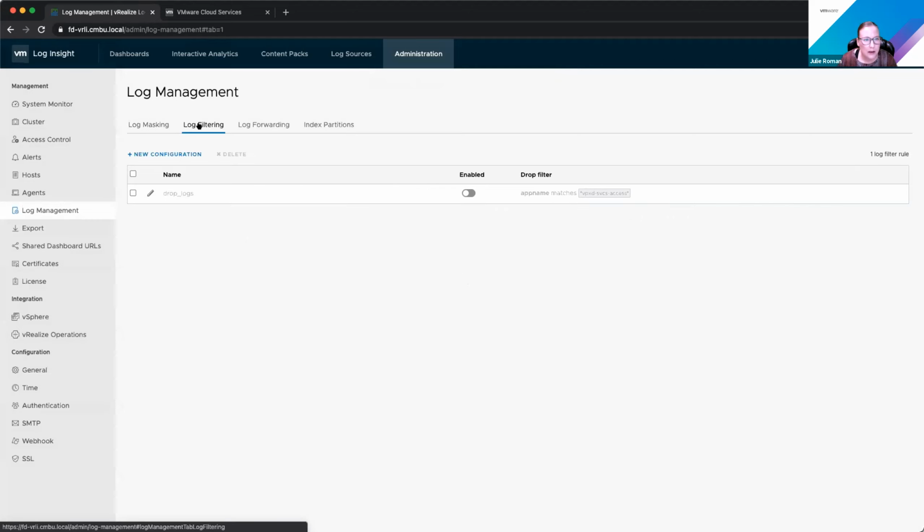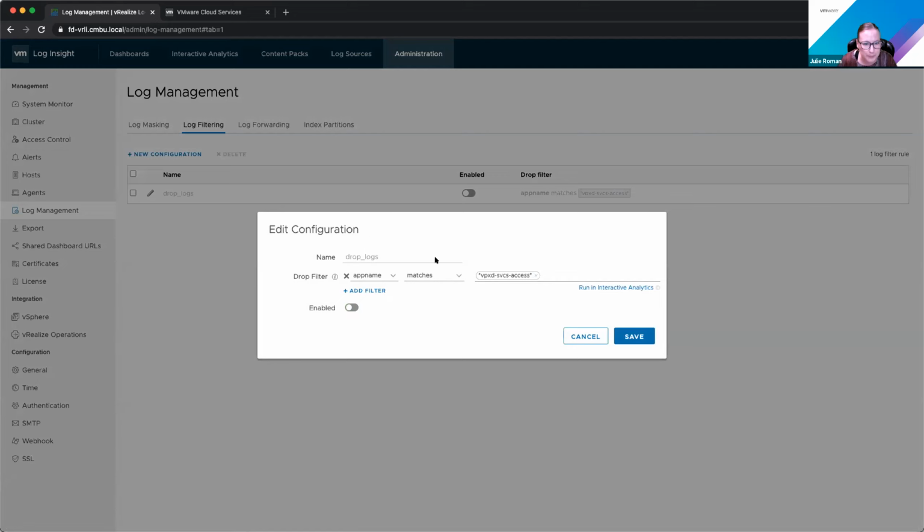We also have some log filtering options. Again, this is dropping log messages. When we drop a log message, it's gone. We're not going to get it anymore. So if you want to say, well, I want to see how many log messages I'm dropping, we currently don't record statistics on that because we're trying to lower the overhead and we're not doing any processing except saying, okay, if it matches this, then drop it.